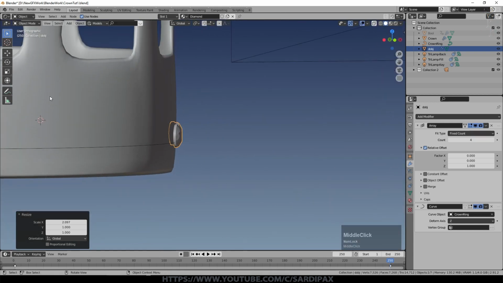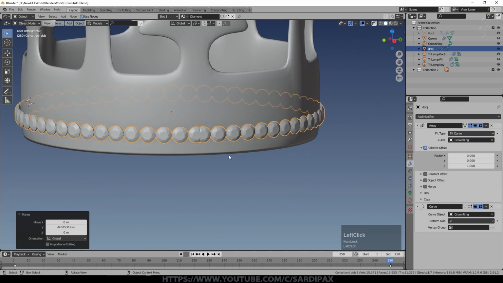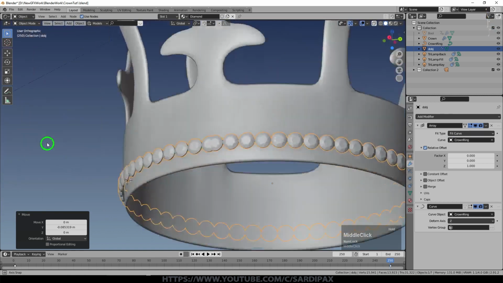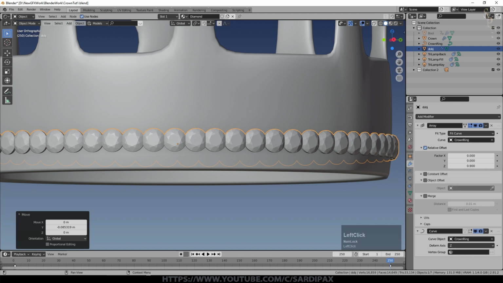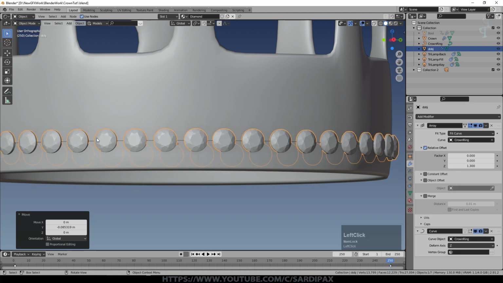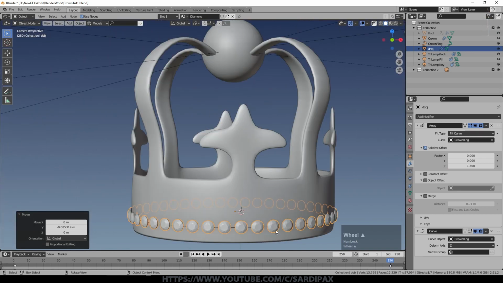Things work slightly less intuitively than normal when you're working like this. Once you've got it about right, we can change this to fit curve and select the curve, and there you go. It automatically put the right number of objects around to completely surround the shape. Obviously they're slightly off, and we can play around with the relative offset to get what we need. Obviously we want a little gap between them, but we don't want them impinging on each other. And you can then either join the shapes or not as you see fit.